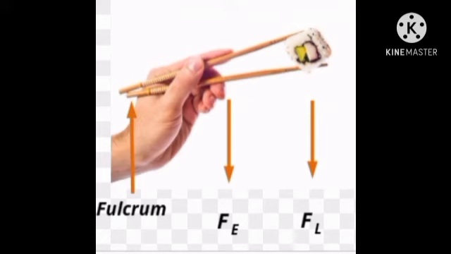From the picture on your screen you can see how we lift an object using tongs. The weight or the load is at one end of the arms of the tongs. We apply effort in the middle of the arms. It means the effort is applied in the middle of the lever, while the fulcrum and the load are at the opposite ends. Understood?